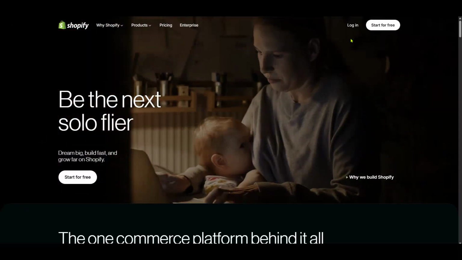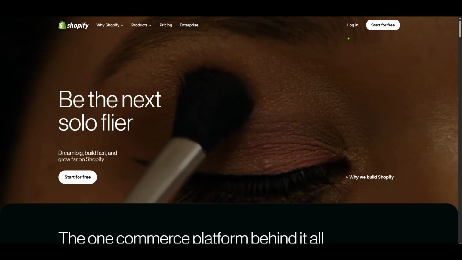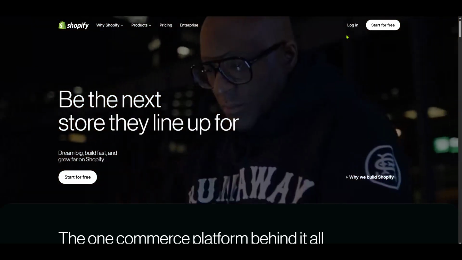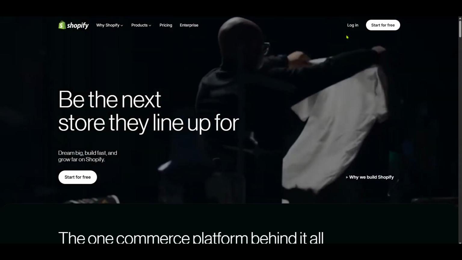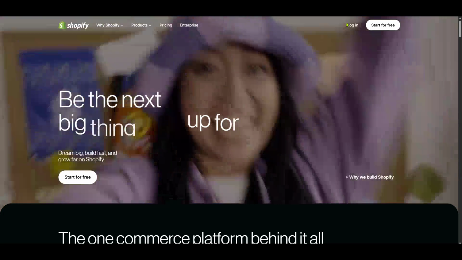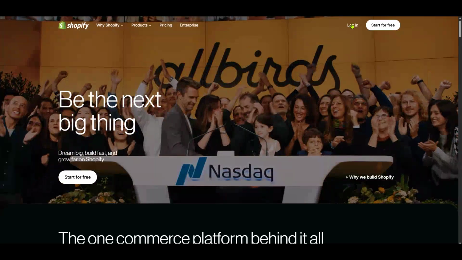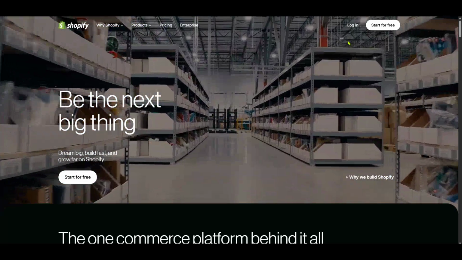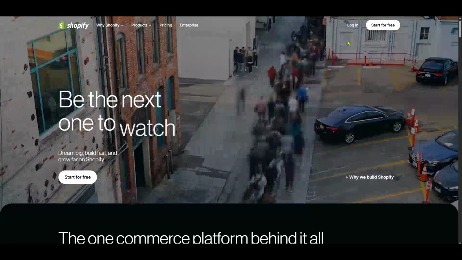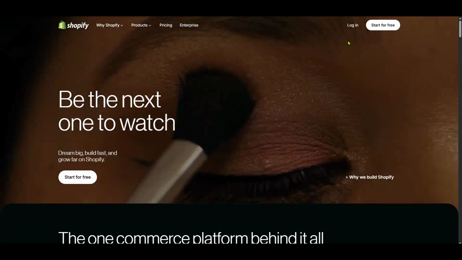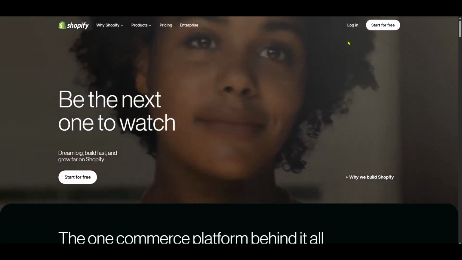Open your preferred web browser and head over to the Shopify homepage. Once there, the next step is to log into your account. You'll usually find the login button at the top right corner of the page. Click on it and enter your credentials. If you've enabled two-factor authentication, make sure to have your phone or authentication app handy, as you might need to confirm your login. Once logged in, you'll land on the Shopify home, your central hub for managing your store.